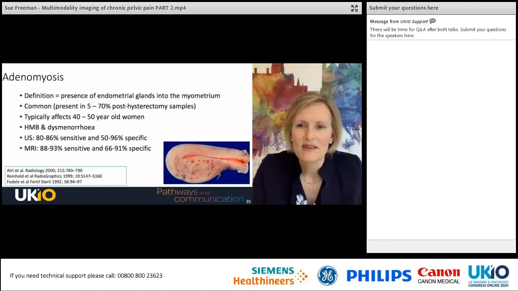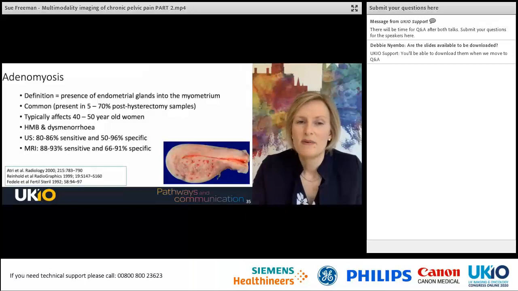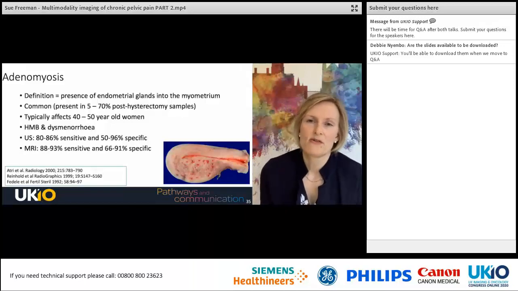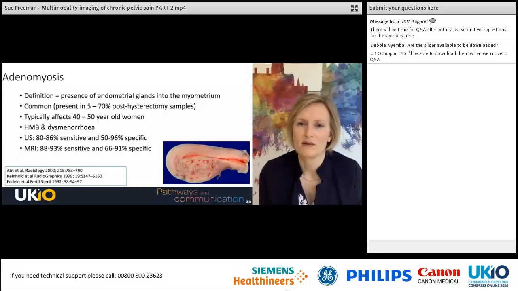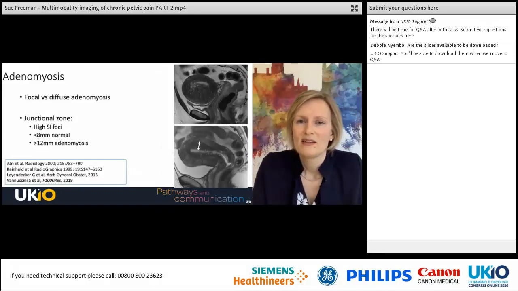It presents with heavy menstrual bleeding and dysmenorrhea. And depending on which studies you read, both ultrasound and MRI are fairly sensitive and specific for diagnosing adenomyosis. Adenomyosis is commonly thought of in two different forms, focal and diffuse, and the most frequent finding to see on